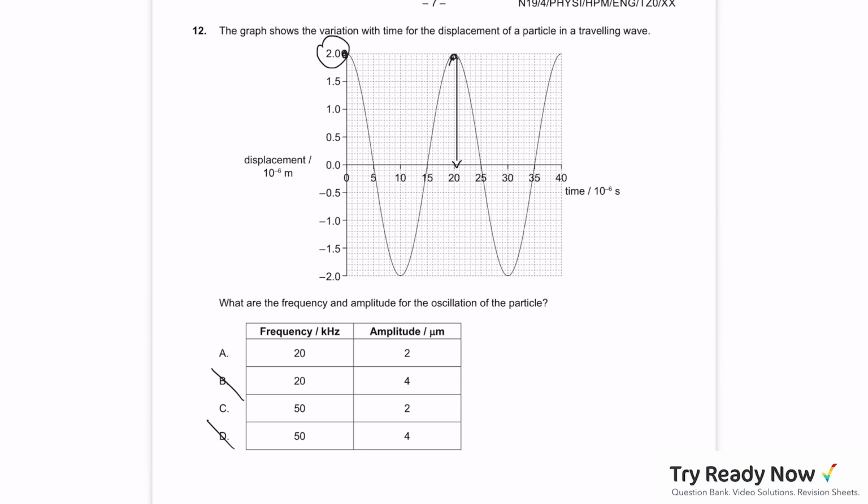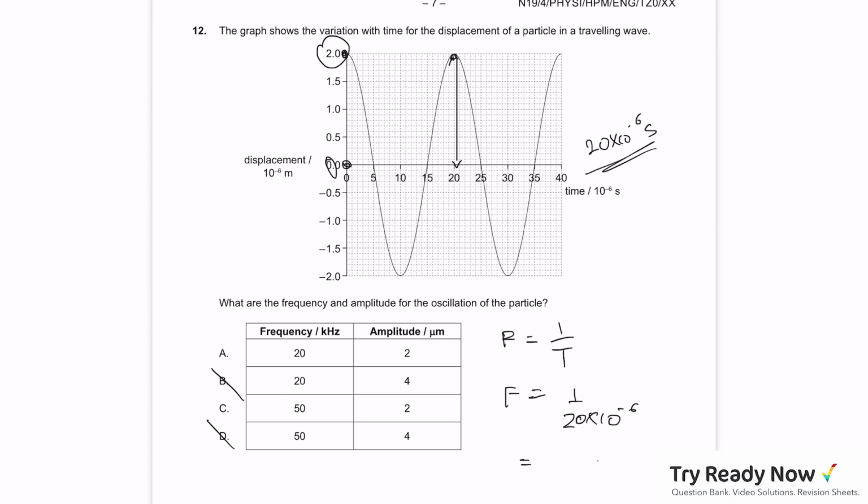So we can see that it started at the top here at a displacement maximum of +2 at 0 seconds here, and it took them 20 times 10 to the power minus 6 seconds to reach here. We know that frequency is equal to 1 over time period. This means that if we take the frequency here, 1 over 20 times 10 to the power minus 6,